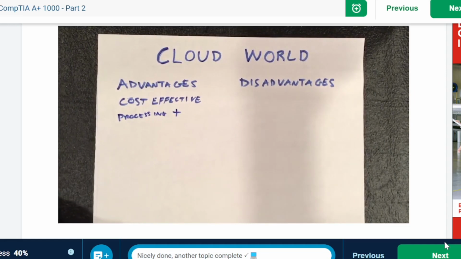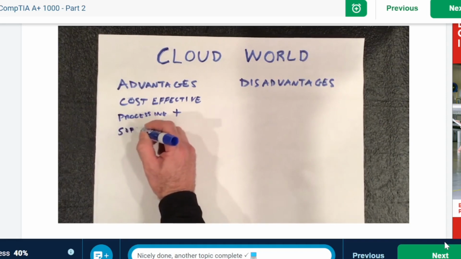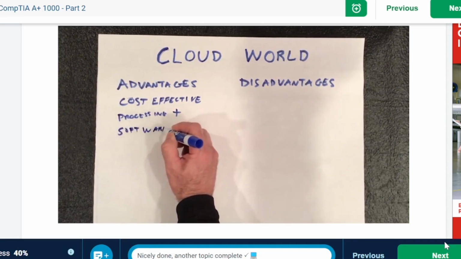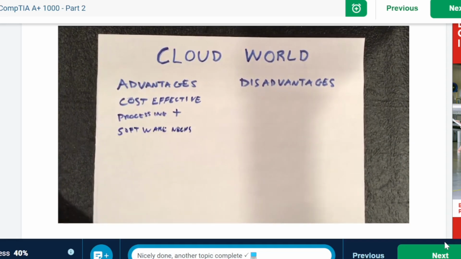Next thing you can look at is the reduced cost of software. That can be significant. It's very important that customers save money, and you don't have to buy a lot of software to use the web. It's always web-based, and the software is right there. Another thing is you don't have to worry about the software updates. You don't have to worry about any kind of updating or time that you spend doing that if you owned the cloud or the network yourself.